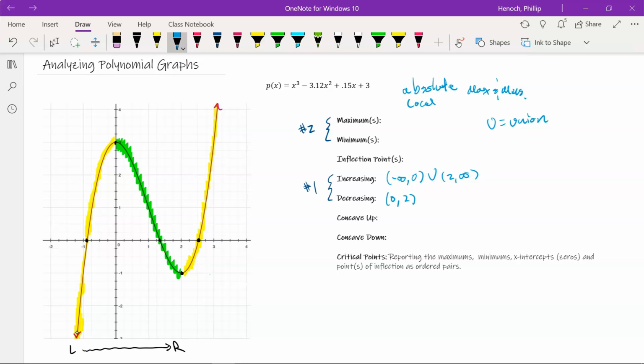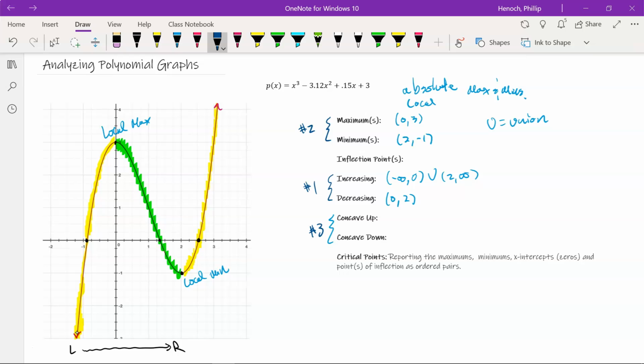But we do have a local point, a local max right here. It's the next highest. And we have a local min right here, which is the next lowest. And then we report those as ordered pairs. So the local max is at (0, 3), and the local minimum, as you can see, (2, -1). Okay, first two out of the way. Now the third thing we look at is our